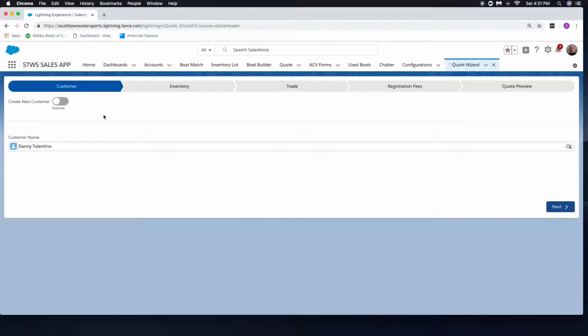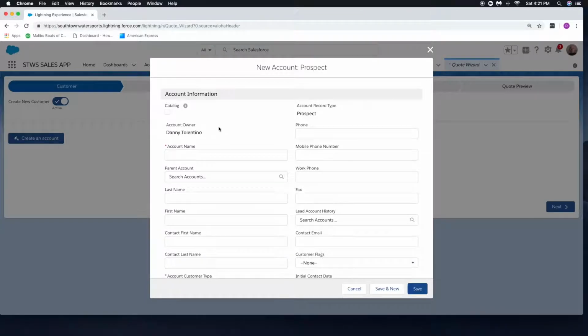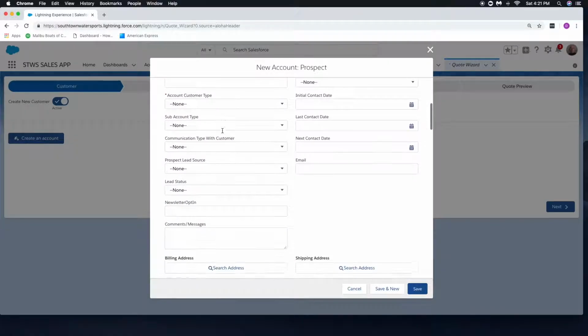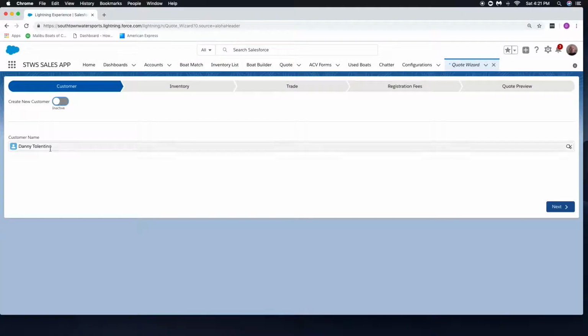Here's our first step, the customer step. So what you're going to do here is either select a customer that already exists within your system, or you can create one here. So I've got a customer selected here, but let's say you wanted to create this person right here from the very start. You'd click this, create an account, and of course, just like you would enter them anywhere else, you're going to want to enter all their information there, and then hit save. And once you do that, it'll select your customer. So I'm going to go back to my customer here